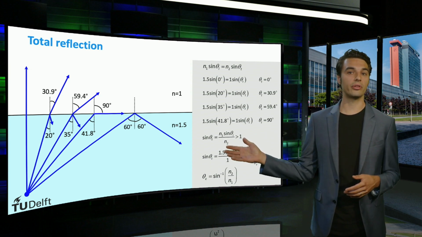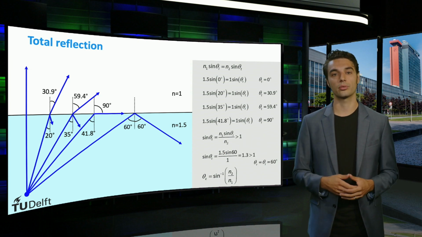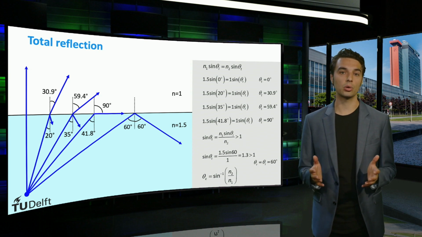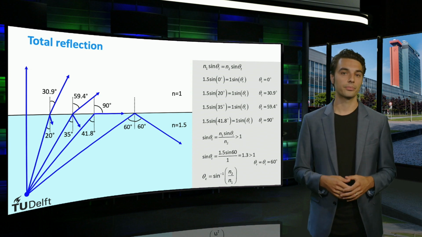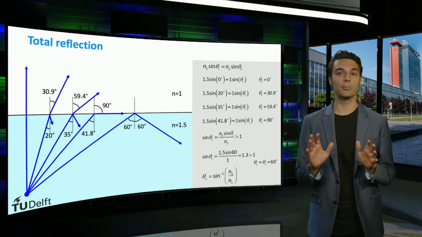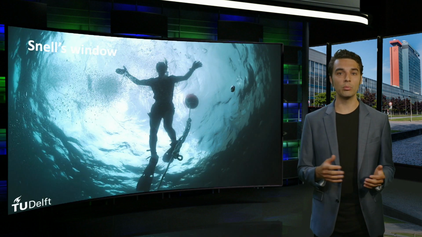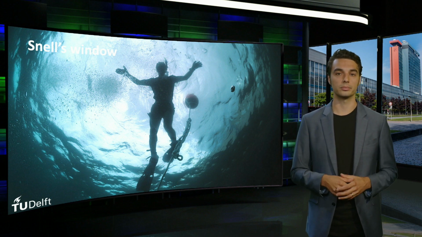We can use this figure to explain an occurrence of total reflection that is used by photographers. We can see that from the blue point source, the range of angles from which light is transmitted into the second medium is limited. Now we reverse the direction of the light beams and assume the white and blue areas to be air and water. Then what we would see from the perspective of the dot is known as Snell's window.